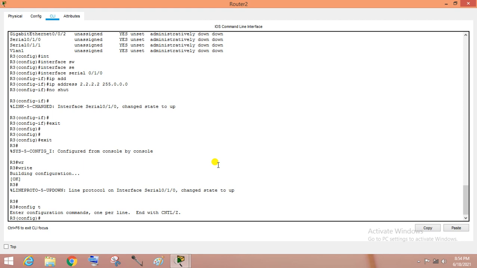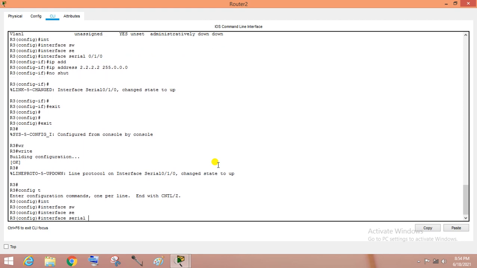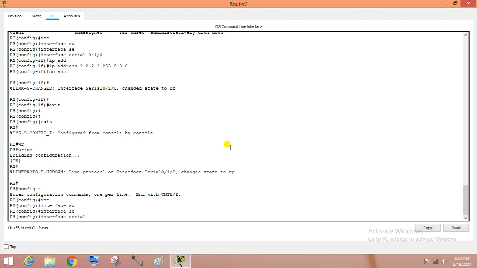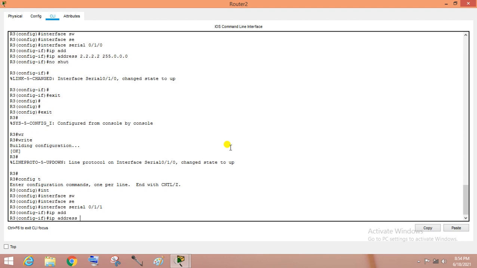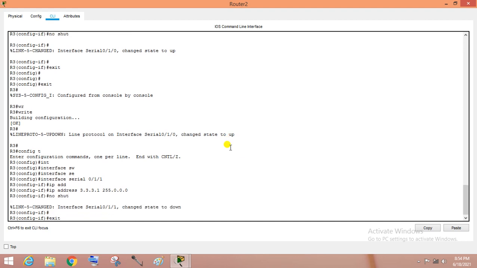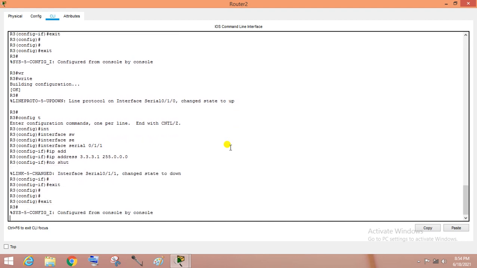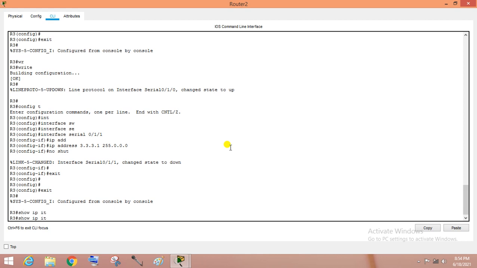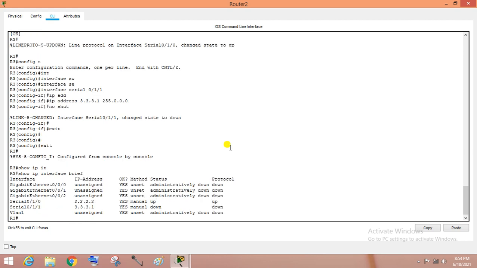Config T, interface serial 0/1/1, IP address 3.3.3.1, then no shut. Okay, show IP interface brief, but we have not yet seen the LAN interface. So we have to go to the LAN interface.